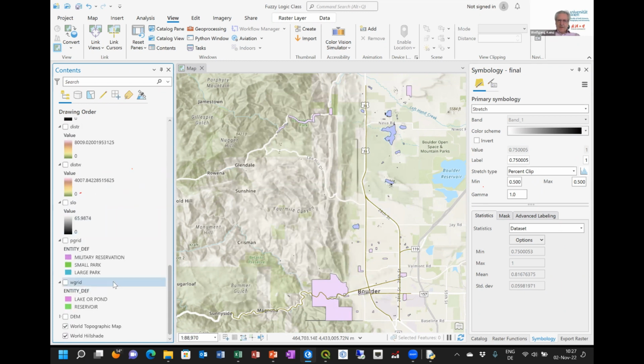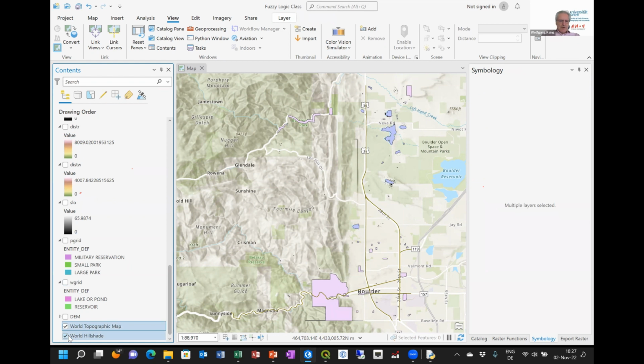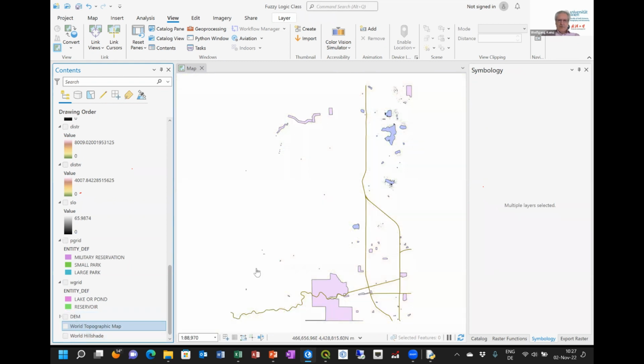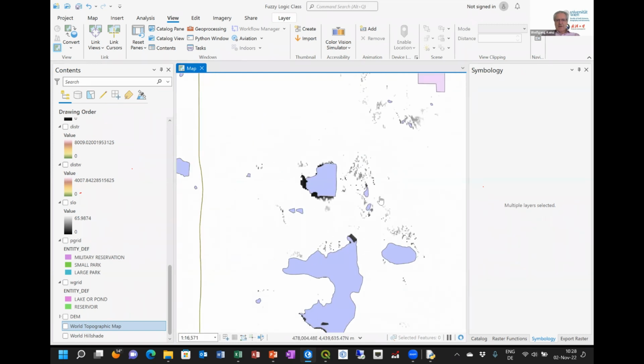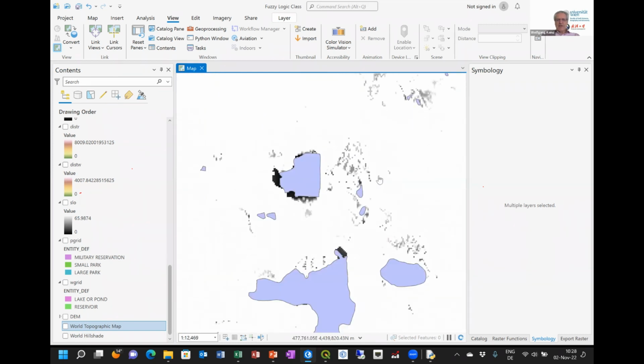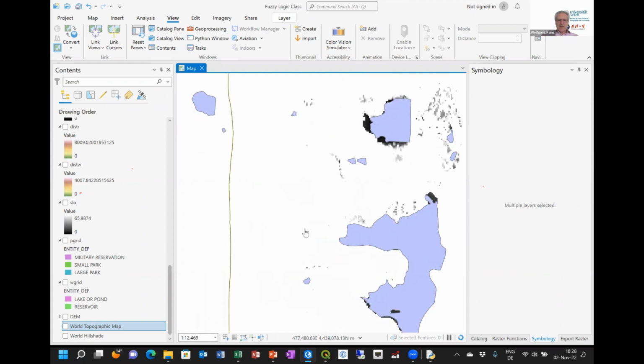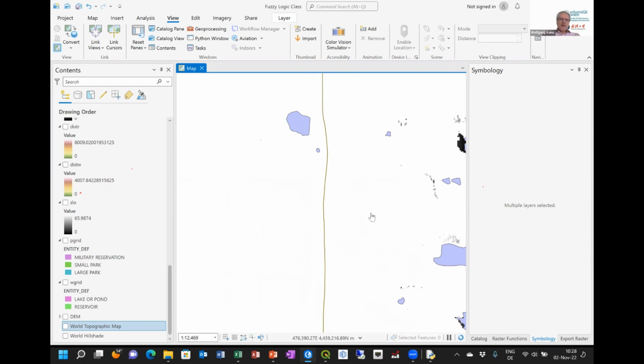I have to click away the topographic map and fill shade so that you can see. And what remains after this alpha level set are just these gray areas that you can see here. Only these grid cells have a membership value greater than 0.75. You see here one close to a lake. They are all near a lake, and there's nothing near a major road. Okay, so that is basically what I